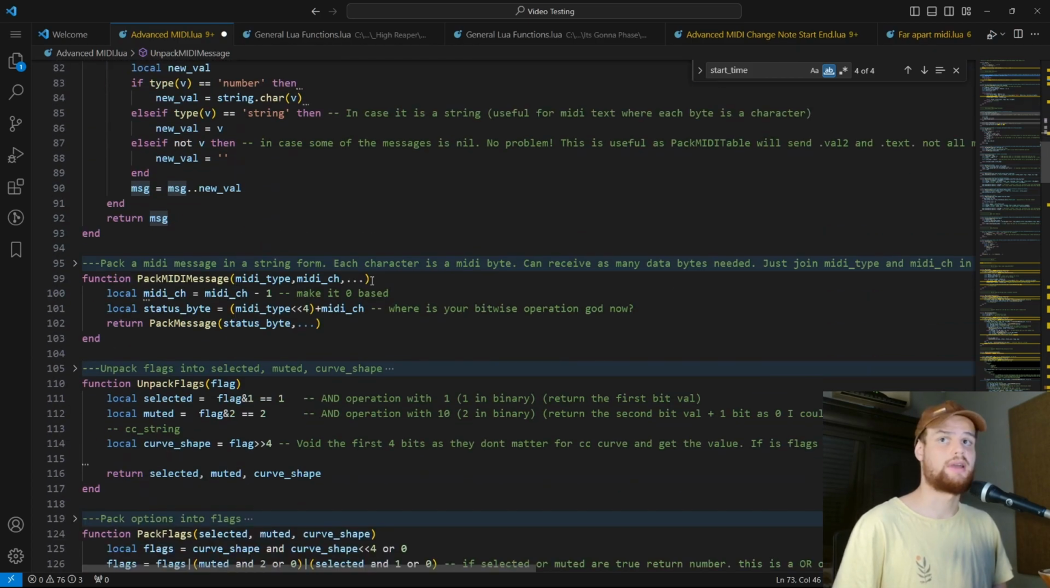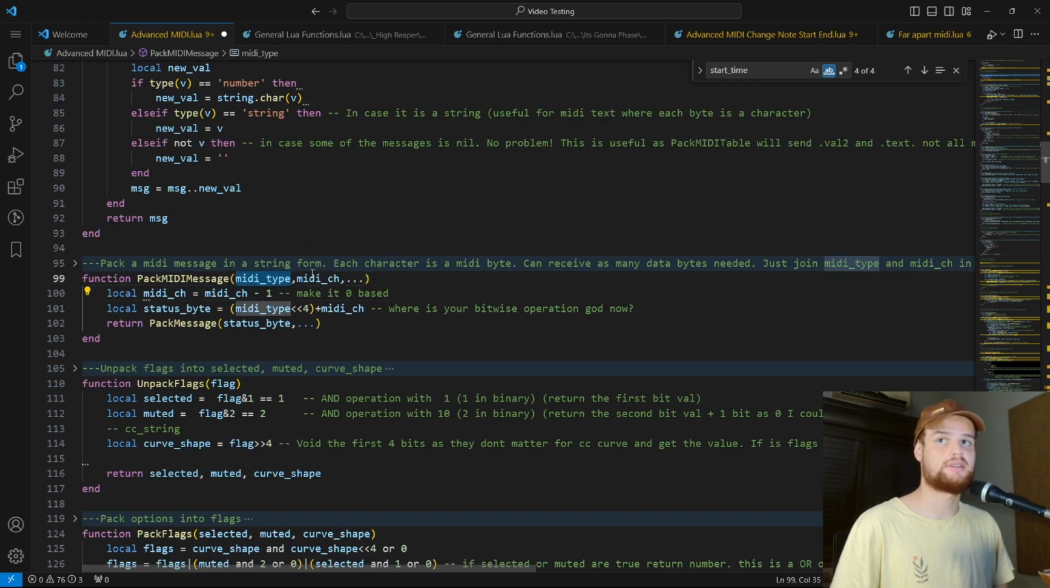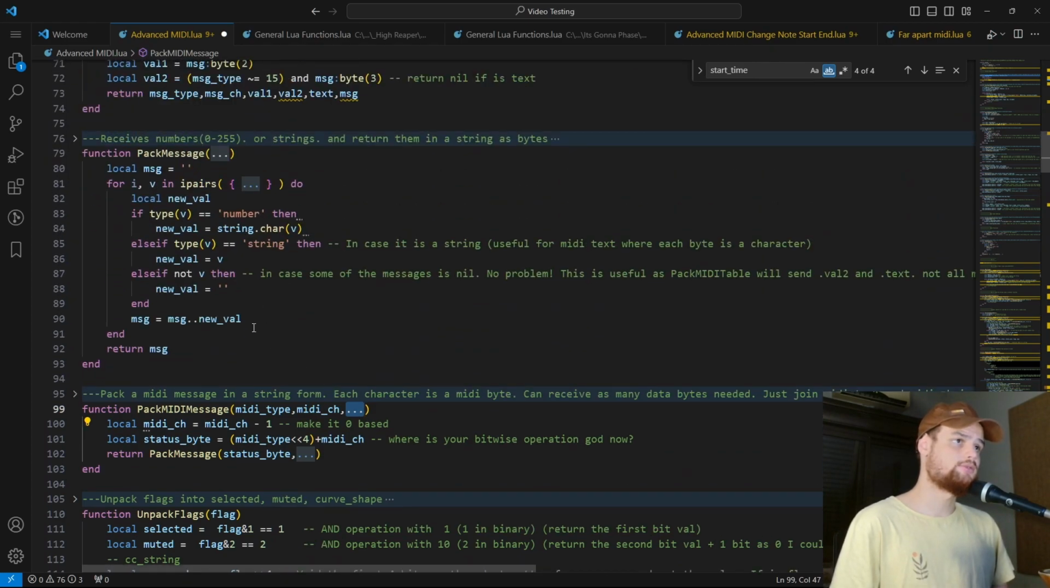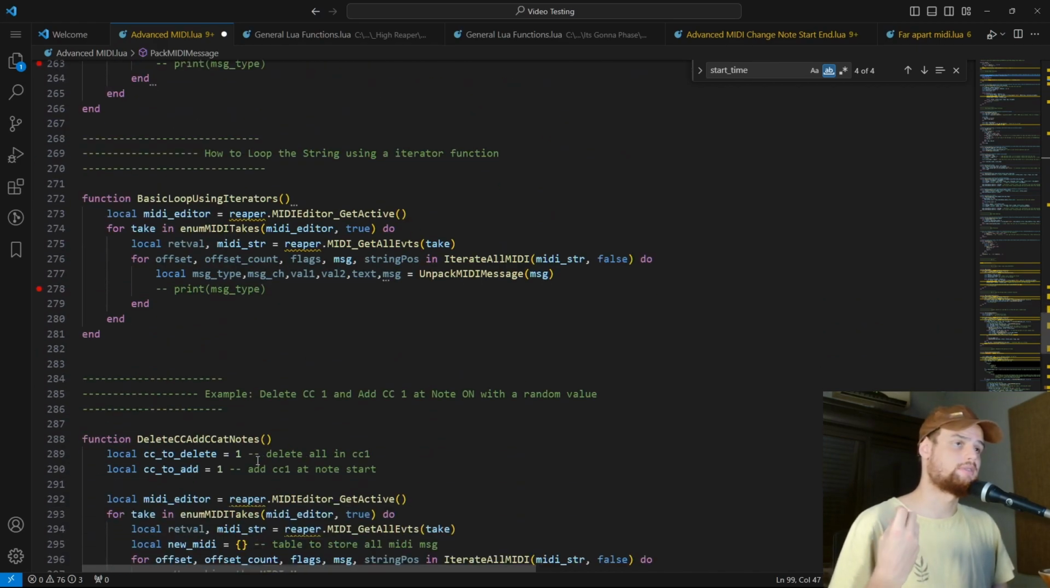You also have pack MIDI messages for making new MIDI messages and converting them to strings, where you can pass the MIDI type, the MIDI channel, and all of the data bytes. You can put each one as an argument, or if it's text, you could also put the text itself as one string. And so these 2 functions are really great for unpacking MIDI from strings to numbers and numbers to strings. And now that we understood